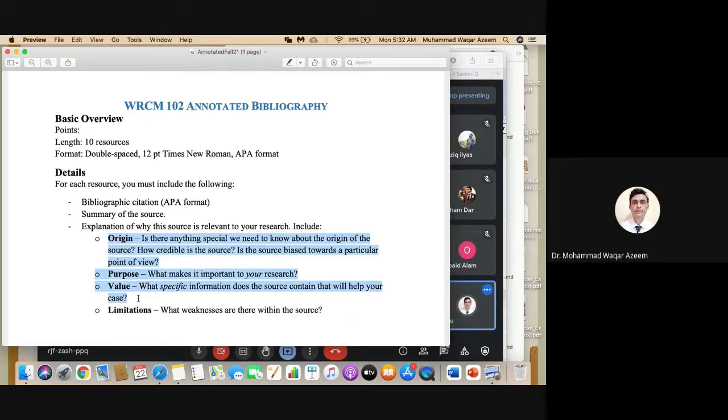Additionally, you have to tell the origin of the source, the purpose of that article for your research, and then value, what particular information from the source could be useful for your paper. So once you write all these things for each resource, you will write the title of the resource according to APA, and under that you will provide all this information. Okay, so you will give the heading of summary, write the summary, and then origin, then purpose, then value. After that, move on to the second source, and then the third source, fourth source, fifth source, like this. Okay,